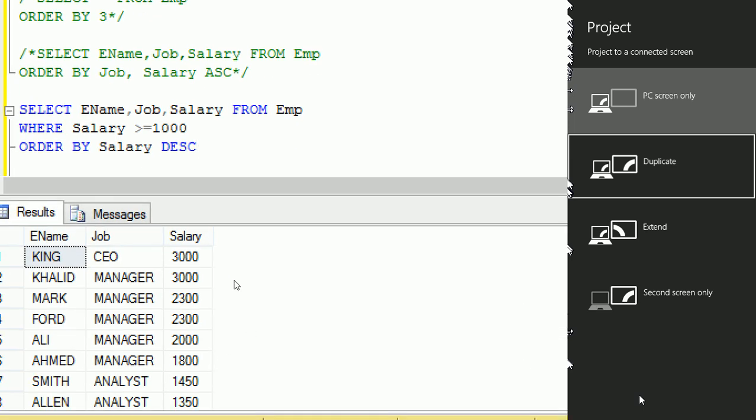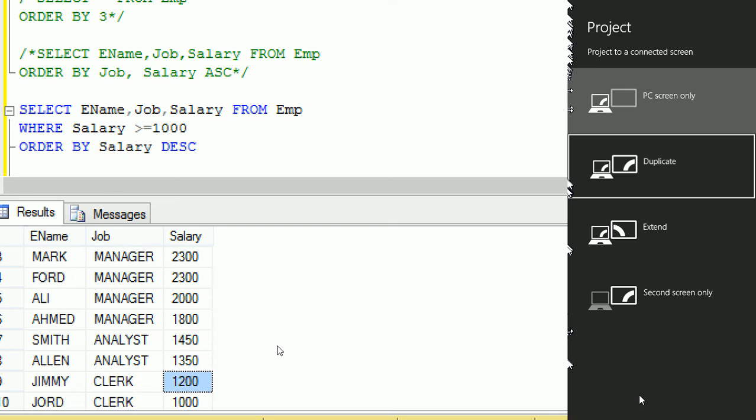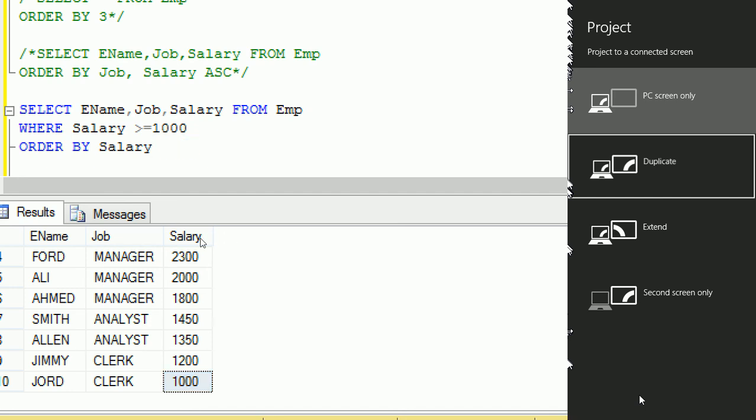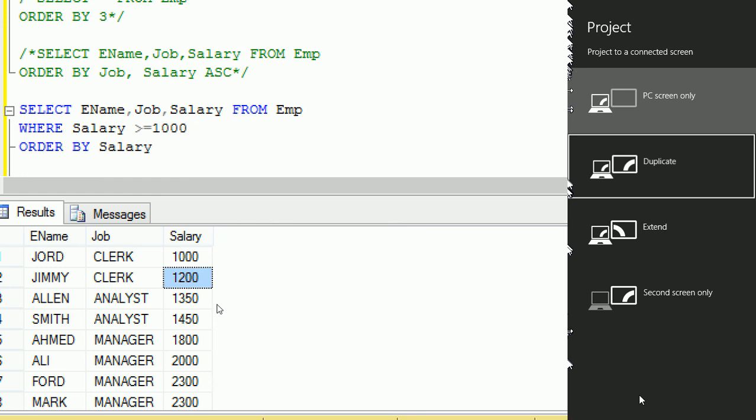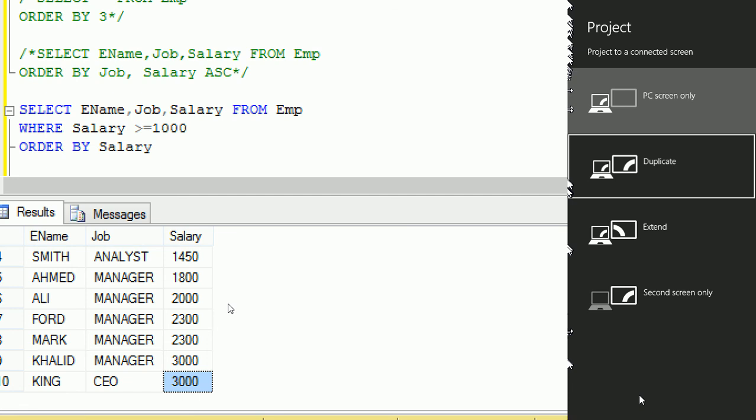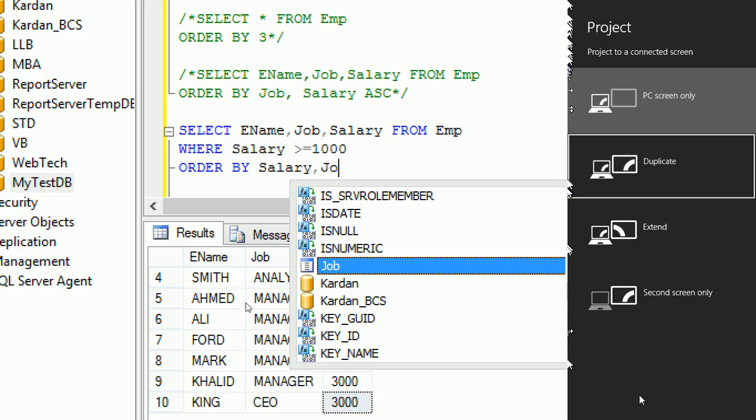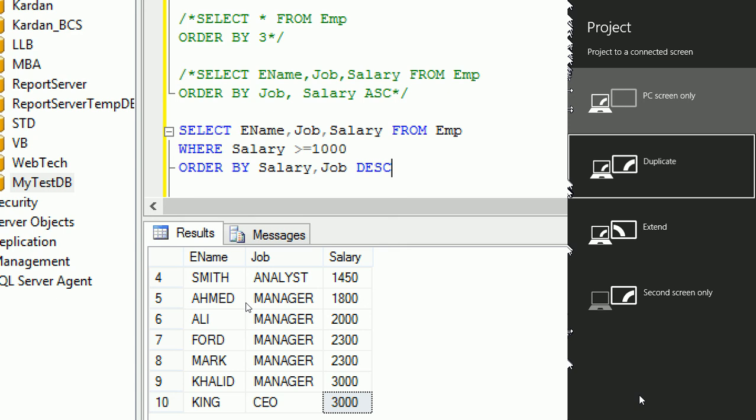Now look at here, all these guys are getting salary greater than $1,000, and now the salary is arranged in descending order. First of all, the CEO, he's getting $3,000, then manager, then $2,300, 2,000, 1,800, 1,450, 1,350, 1,200, 1,000. If you remove that, now this time it will perform the ascending search. Now the smallest value of the salary is above and the largest is below in the ascending. Is it clear? This time the job, this will be in descending,